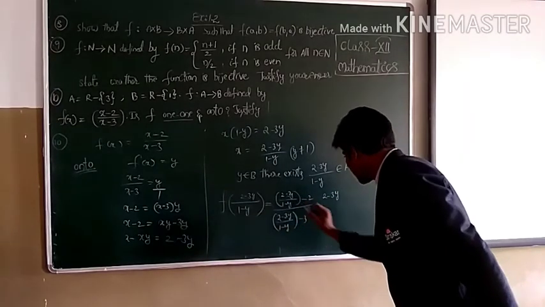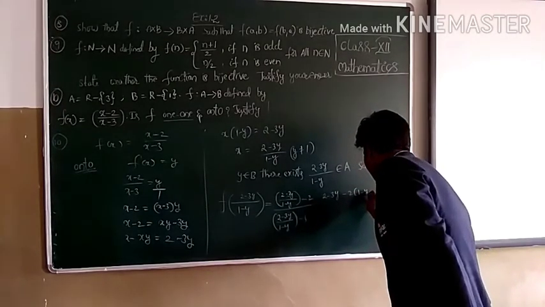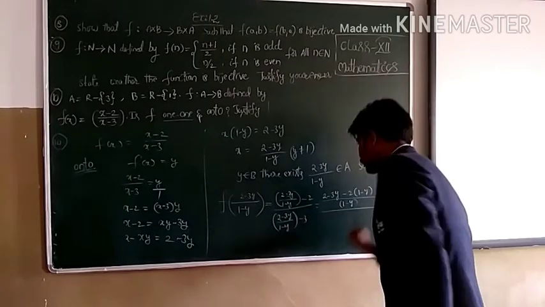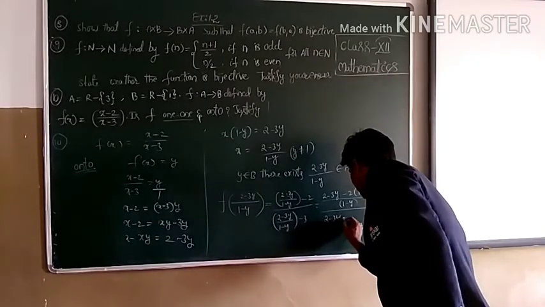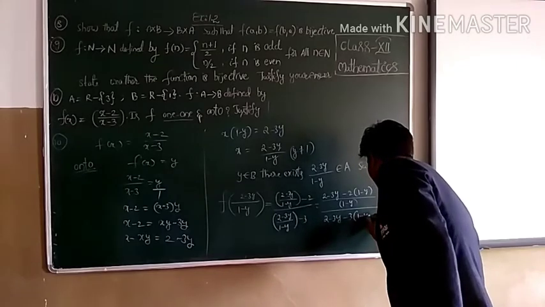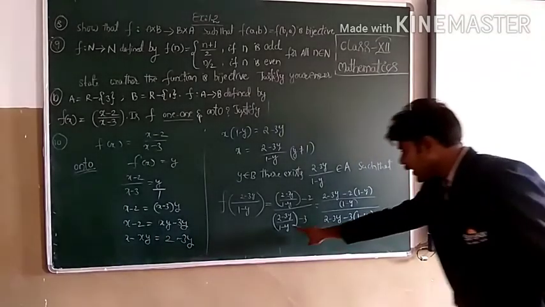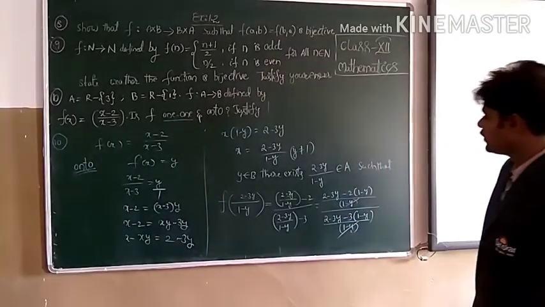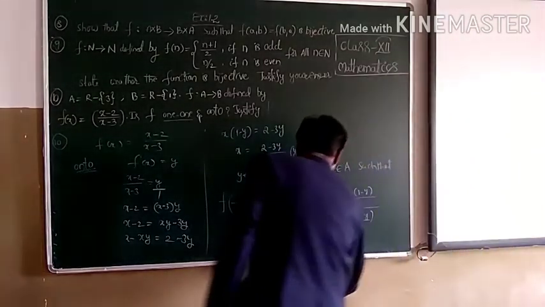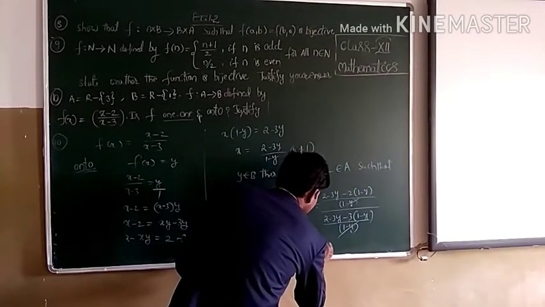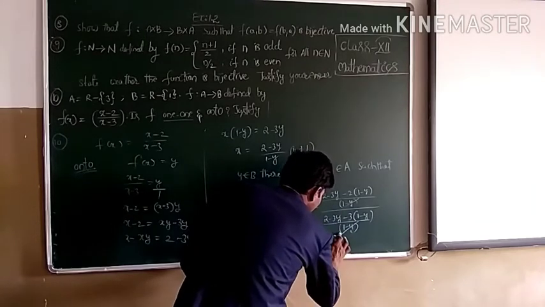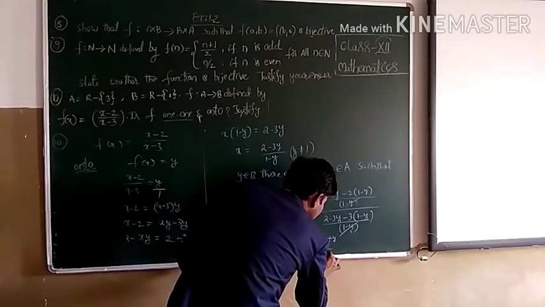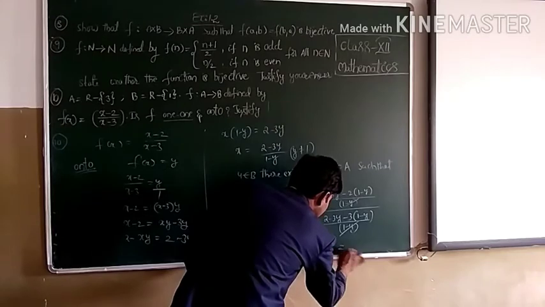Okay, now check this one, 2 minus 3y. So here LCM is 1 minus y, minus of 2 into 1 minus y whole by 1 minus y whole by 2 minus 3y minus 3 into 1 minus y. Clear? Whole by 1 minus y. So 1 minus y, both are in denominator, we can cancel those two. So here the remaining is 2 minus 3y minus 2 plus y whole by 2 minus 3y. So here minus 3 plus 3y, right?